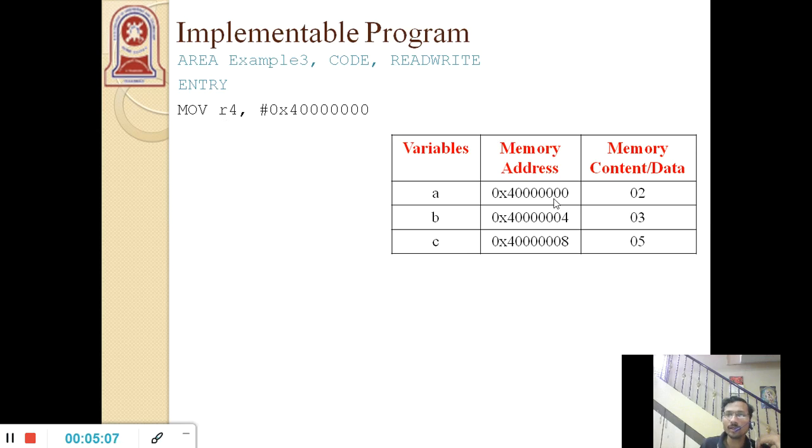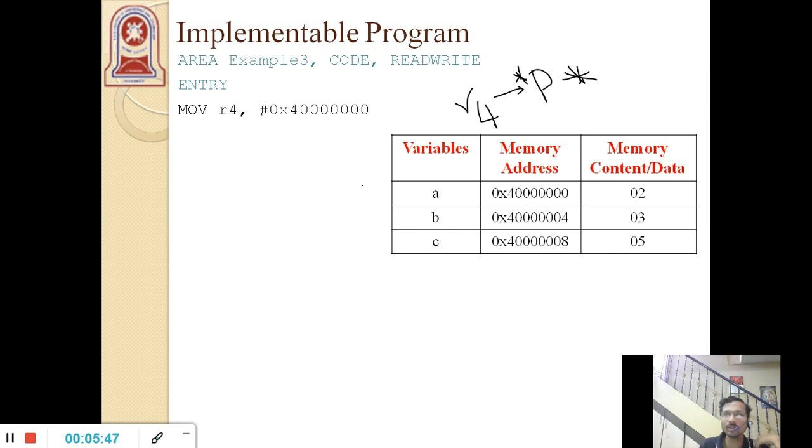All the time I need to store these addresses in one of the registers. So R4 is considered a pointer register, or else I'll simply make use of star P. Now similarly, I need to read the data from the address location 04 and from the address location 08, and at each point I should be able to load the data from its particular address.